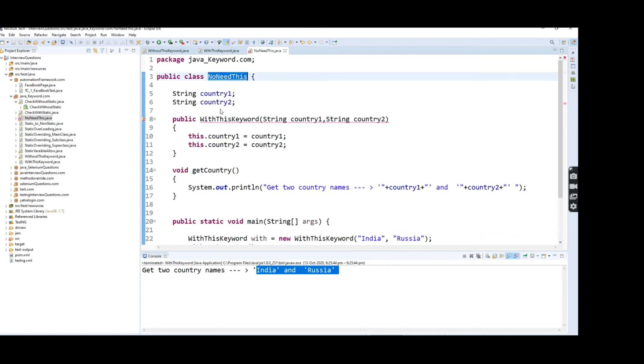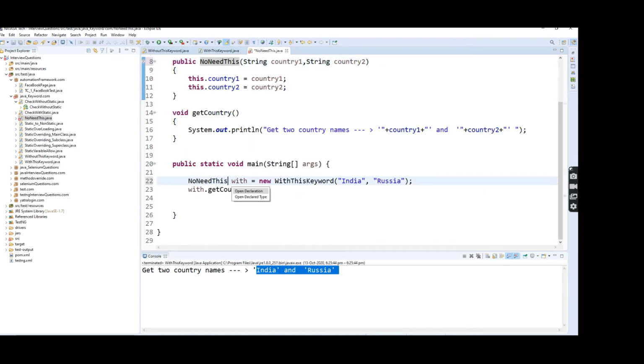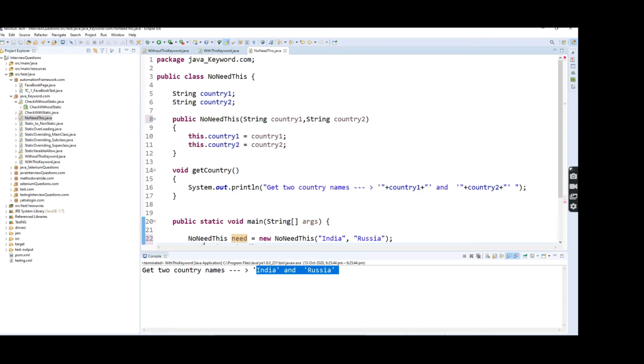Here I'm going to assign a different name for the instance variable: country name 1, country name 2.